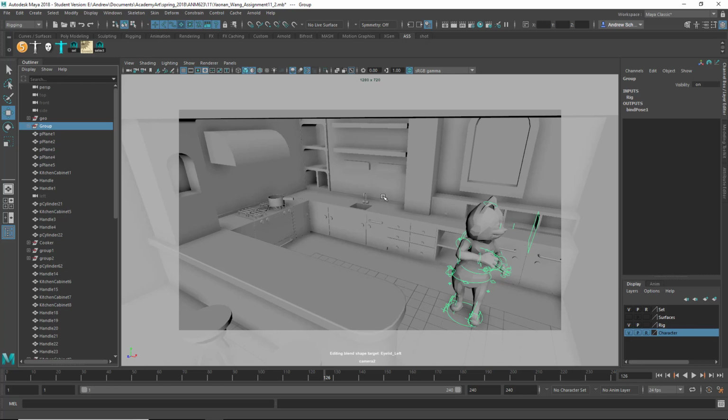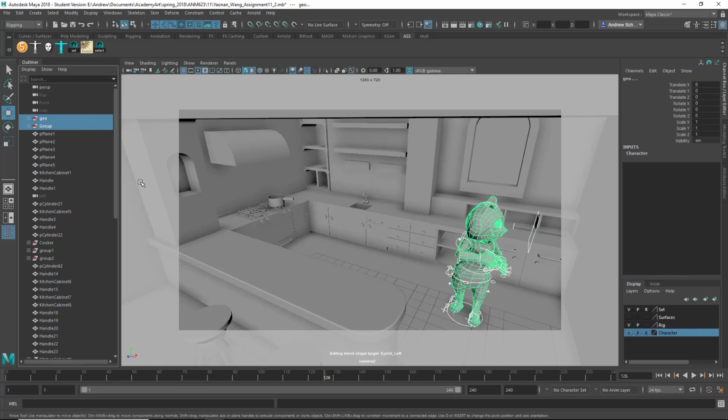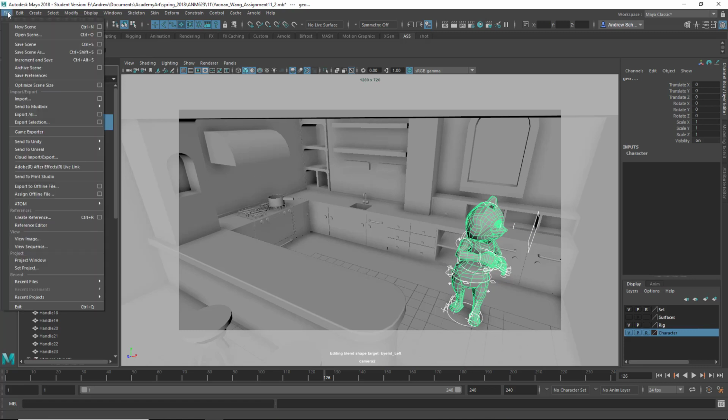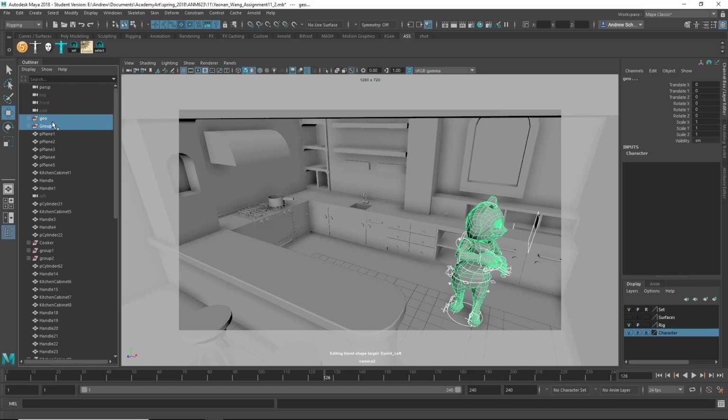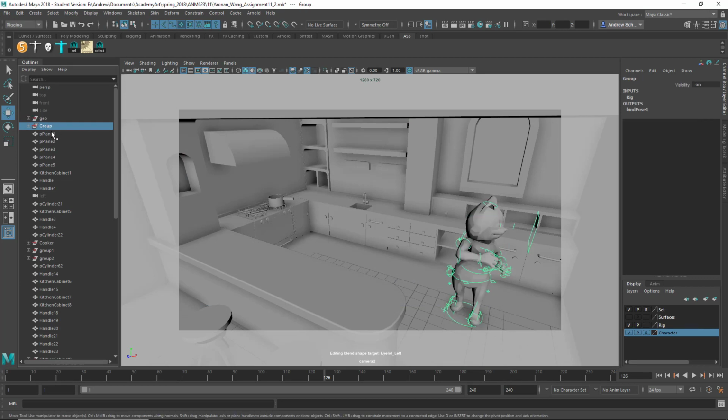And the reason I'm telling you this is that if you want to reference the character in, what you could do is delete this, export the animation, delete these out, File, create reference, and then bring in the character, and then select the rig node, and then import the animation, and it should put your animation back on it. So I don't have your separate rig file, so I can't demonstrate the entire process here, but hopefully you understand. I mean, it's not the end of the world if you don't